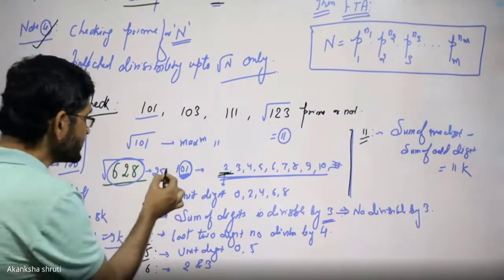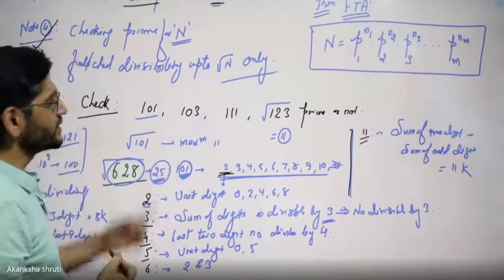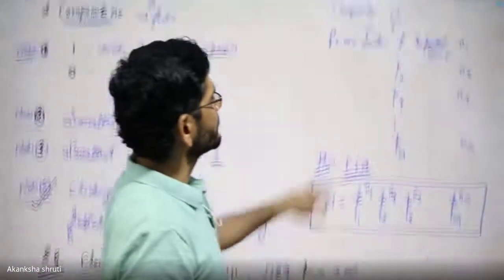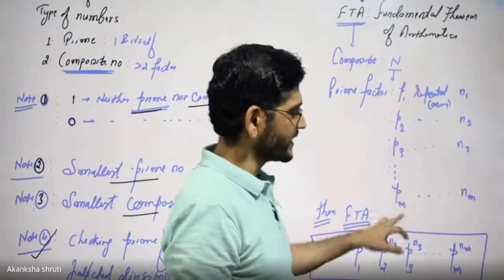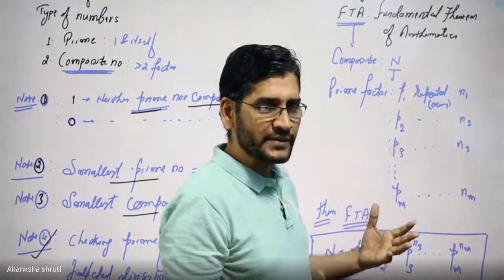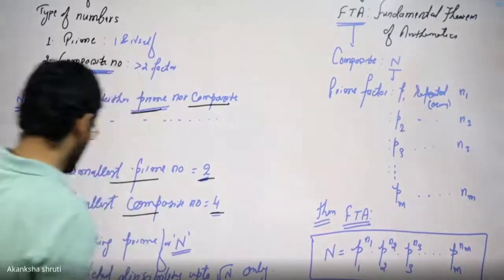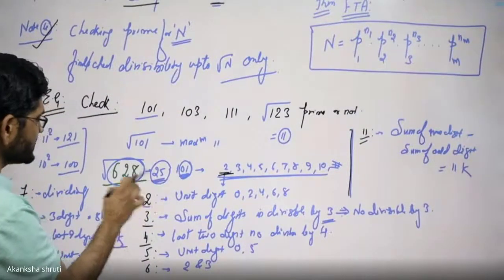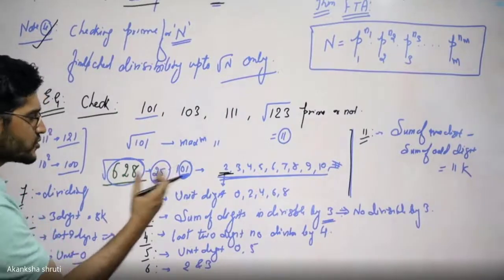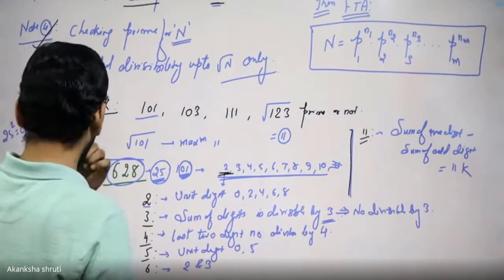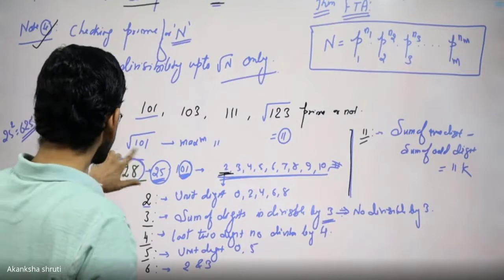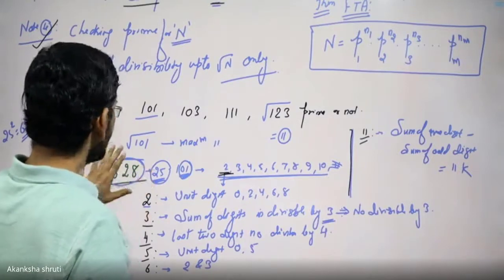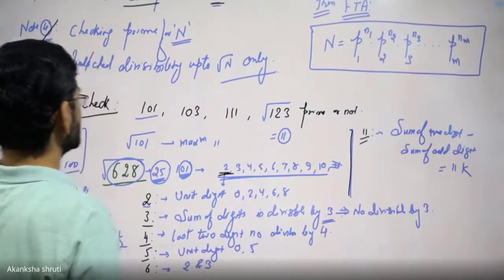Among those primes only, the factors will be repeated. Whatever prime factors we are getting, those prime numbers will be from these only, means up to the square root only. So there is no need to go for the other bigger primes. Just get the prime, divide it, and the other part you may get.